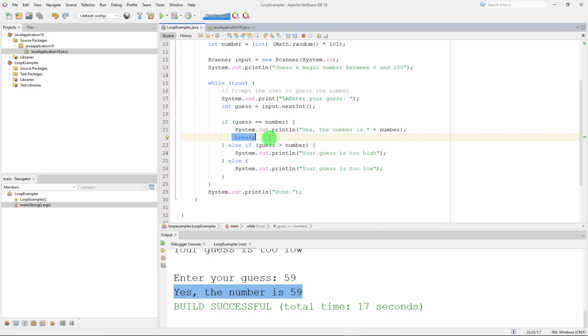Now, there's a little bit of controversy with that. Some programmers think break and continue are just fine, and some people say there's probably a better way to write it. If you have to use break or continue, there is probably a better way to write that code. And I would say that I'm one of those people that believe that. If you have to use a break or you have to use a continue, there's probably a more logical way to write your code. And if you go back and look at the original, where we were actually testing to see while the number wasn't equal to the guess, that's probably the better way to do it, because you don't have